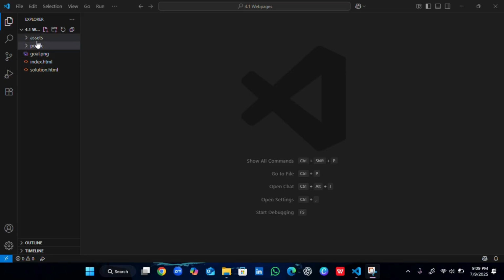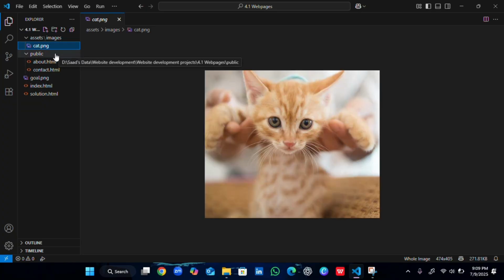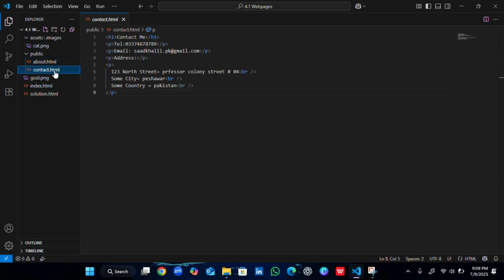So it contains two files and three pictures. In the first file, that is assets, it contains a picture of a cat, and the second file, which is public, it contains about.html and contact.html. In the contact page, like contact me, my phone number, my email, your phone number, your email address, and like